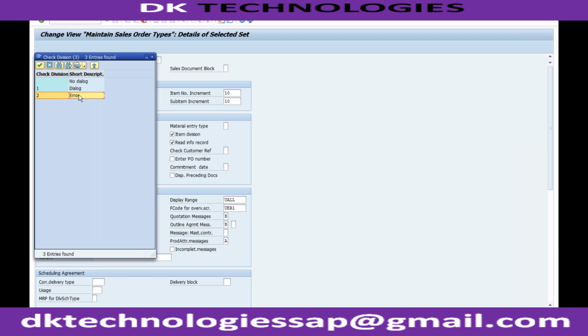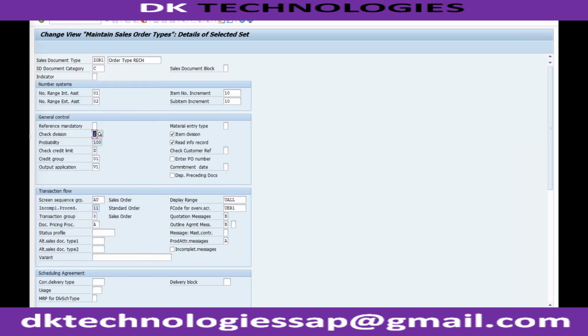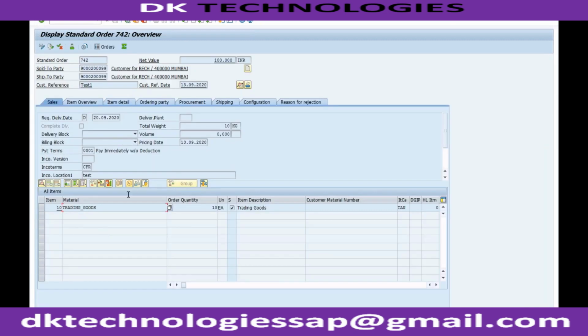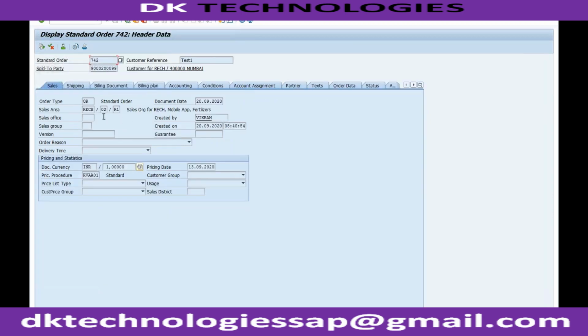So normally when we are saying error, which means there is no separate division allowed in my header document and in my line document, whatever division I am using here. So for example, in my header document, if I say